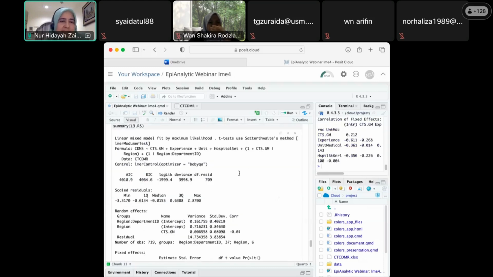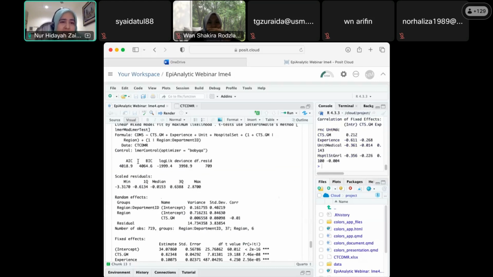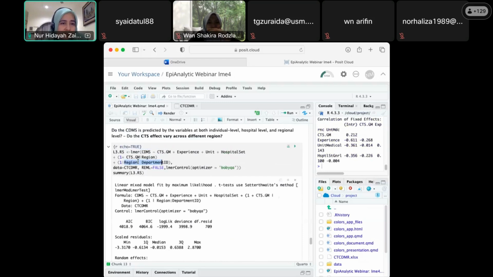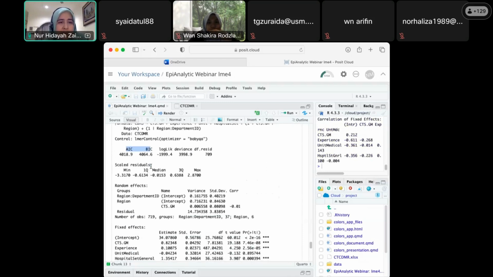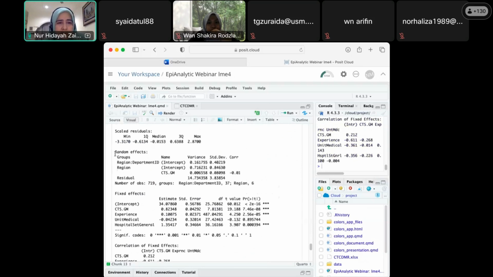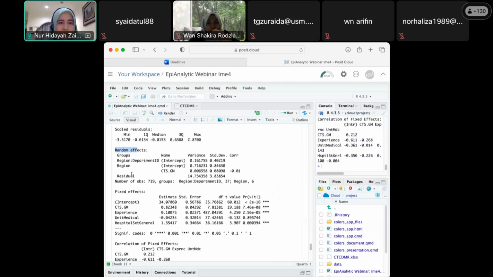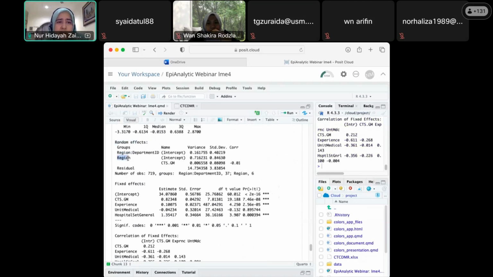All right, this is our output. Here we've got AIC, BIC for comparison. Under the random effects, we've got 3 random effects for 3 multiple models, but I want you to focus on the region. In addition to this random intercept, we've got our random slopes, critical thinking score.